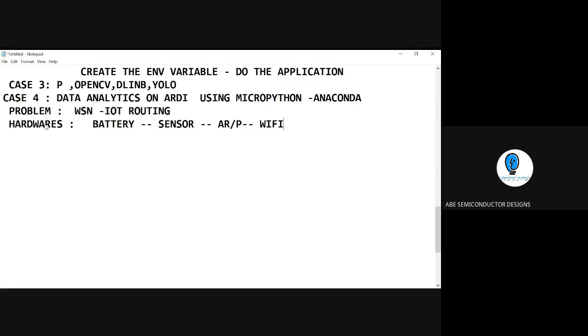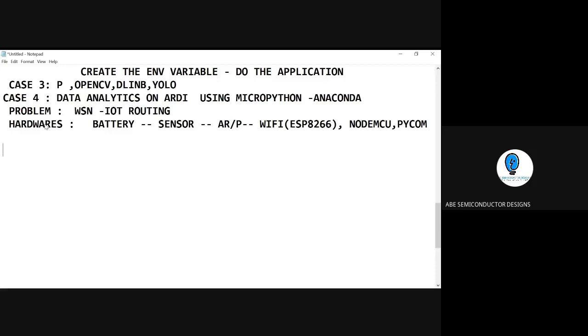If we use an Arduino, we need a separate Wi-Fi module, that is the ESP8266. In a NodeMCU, it is already there, so you need not worry about it. It is an ESP8266 node. And if you have a PyCom, it has a separate board with Wi-Fi integrated on it, so you need not worry about it. Let us take all these things.